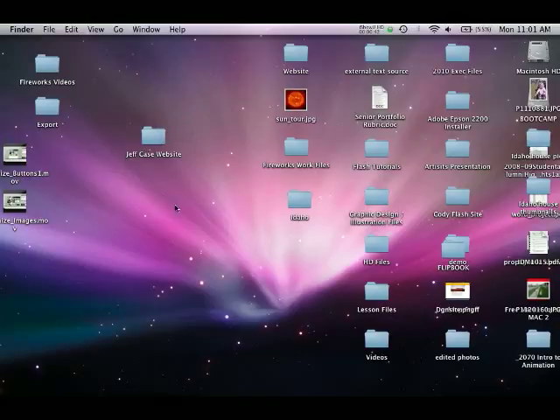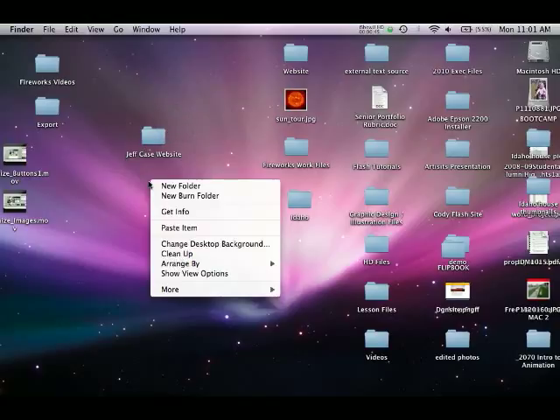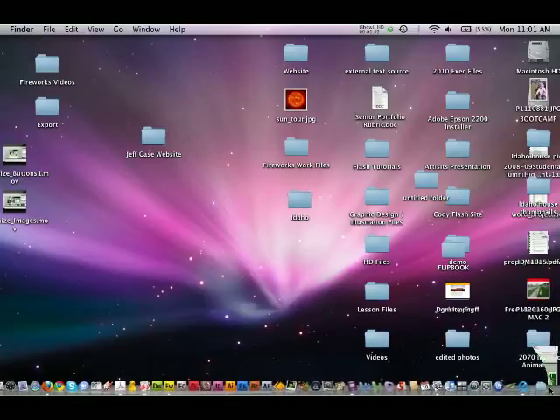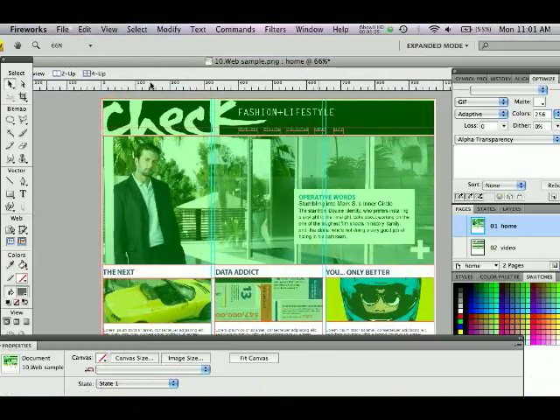Make a folder. If you're on a Mac, you simply right click or control click, new folder, and give it a name. But make sure it has your name with website on it, because you'll be emailing me this file with your website, so I have it at the end of this week. Okay, so with that being done, I'm going to go back into my Fireworks document, and I'm going to come